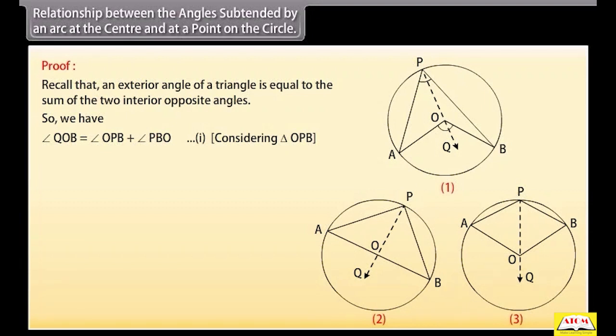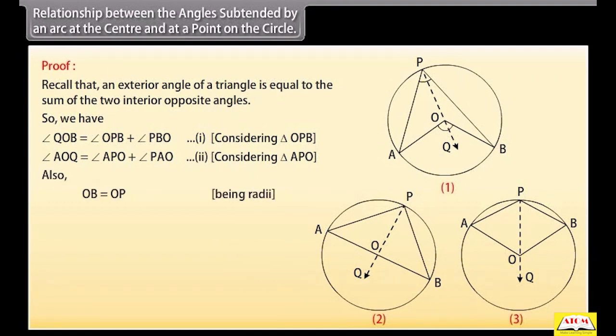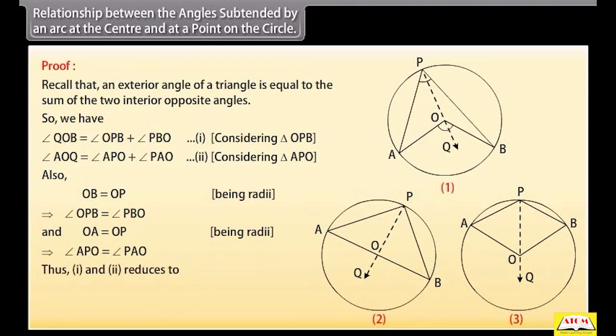1. Considering triangle OPB, angle AOQ is equal to angle APO plus angle PAO. 2. Considering triangle APO. Also, OB is equal to OP, being radii. Angle OPB is equal to angle PBO, and OA is equal to OP, being radii. Similarly, angle APO is equal to angle PAO. Thus 1 and 2 reduce to angle QOB is 2 into angle